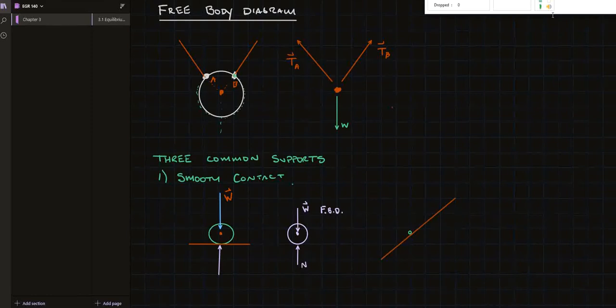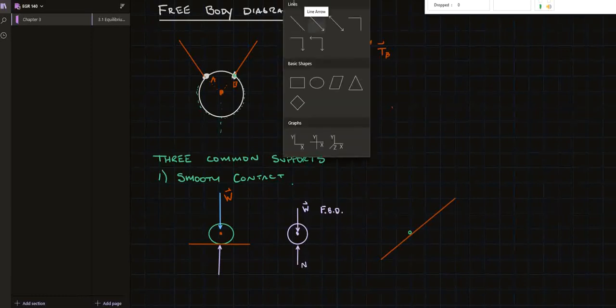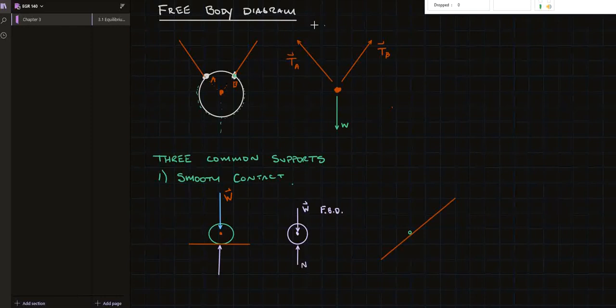So let's look at this situation where I have a point on an incline, and have a force on it of T. Actually, I'll leave this off, and I will put on a direction here. So this force is acting at